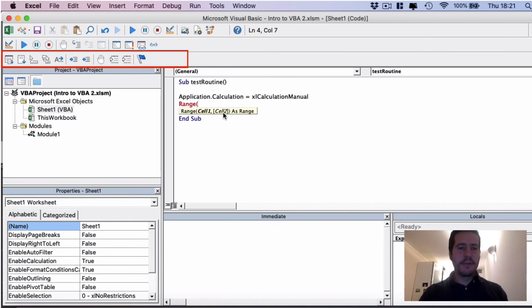So it's telling me the number of arguments I can use, but for now I'm just going to use this cell, the A1, but I could use further cells in here, so I could actually alter more than one cell at the same time, for example. It's giving me the option to do this, and this pop-up which gives me the arguments is the parameter info button. So again, IntelliSense, this automatic pop-up that appears as you're typing, does some of these commands for you,